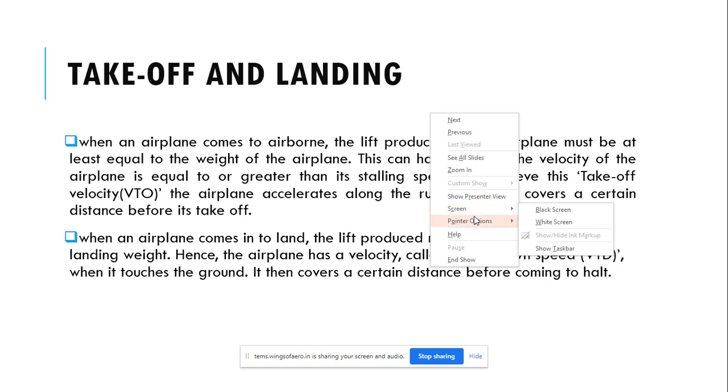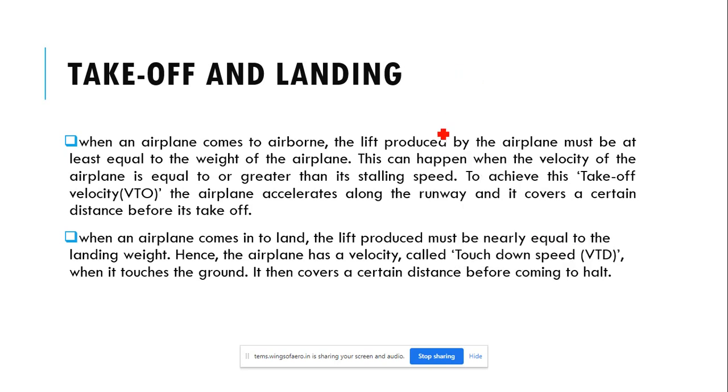So we know the different missions of an aircraft, or different flight paths of an aircraft. This is the flight path of an aircraft. First of all, the flight mission will start from here. When the engine starts, the flight mission starts, and when the engine stops, the flight mission stops. So the topics we are going to see here are takeoff and landing, which are among the flight missions.